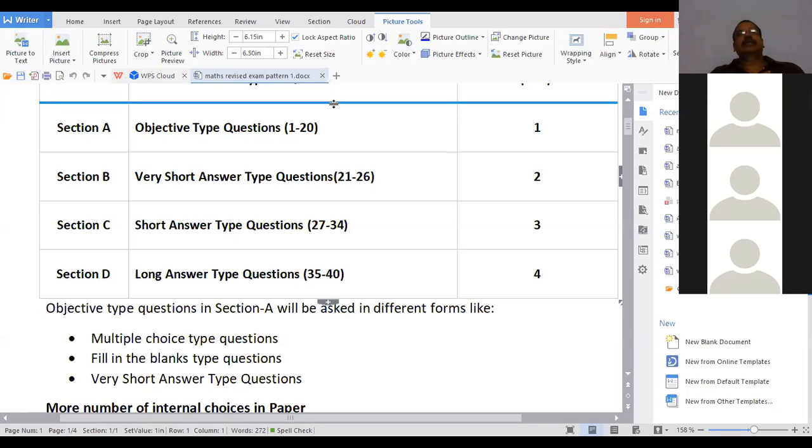Suppose I take the numbers 2, 4, 6, 8. For 2, if I add 2, I get 4. If I take 4, and add 2, I get 6. Like that, with a fixed difference, if the series is in increasing order or decreasing order, then the numbers are in arithmetic progression. Suppose we take odd numbers: the first number is 1, next is 3, next is 5, next is 7. The difference between two numbers is a fixed difference. It is 2 only. 1 plus 2 is 3, 3 plus 2 is 5, 5 plus 2 is 7.